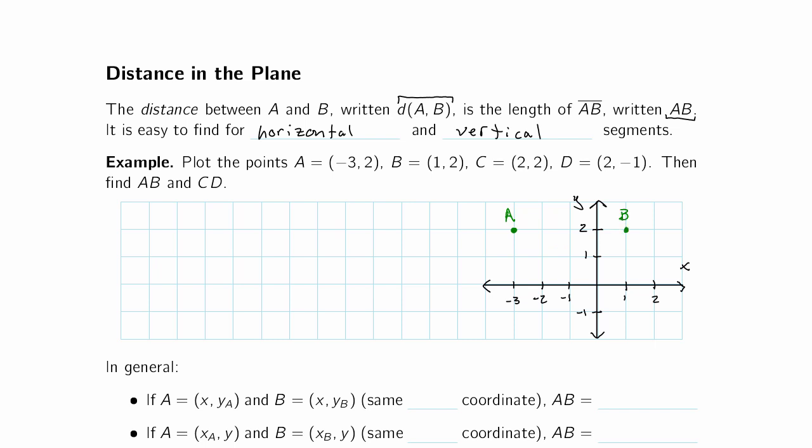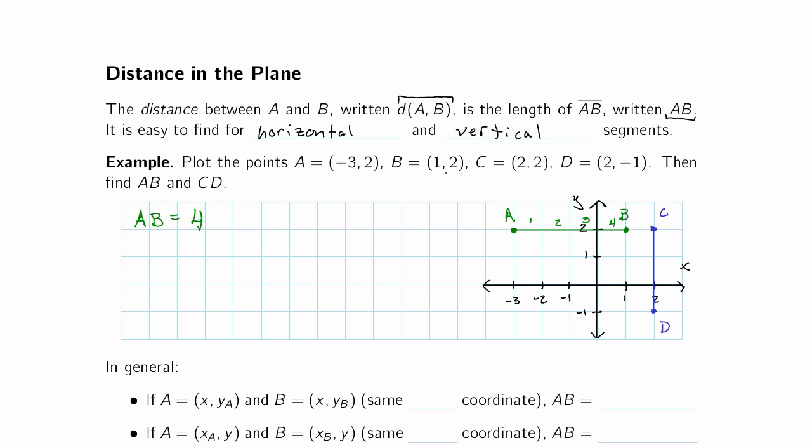And to find the distance between them, we'll think about the segment that connects those. Point C is at (2, 2). Point D is at (2, -1). And to find the distance there, we'll think about the segment that connects those. Now, segment AB, right, its length, well, it's 1, 2, 3, 4 units long,